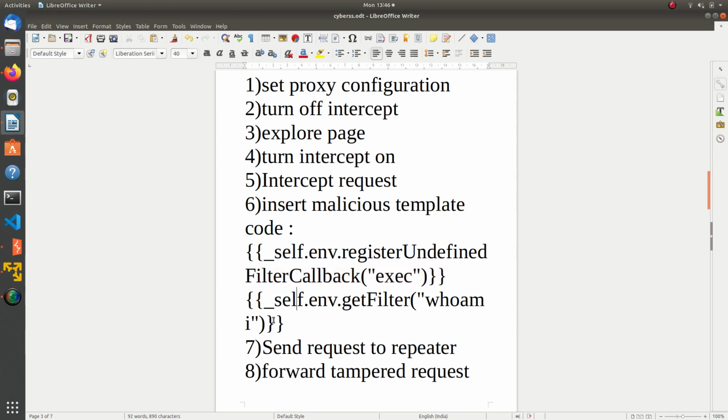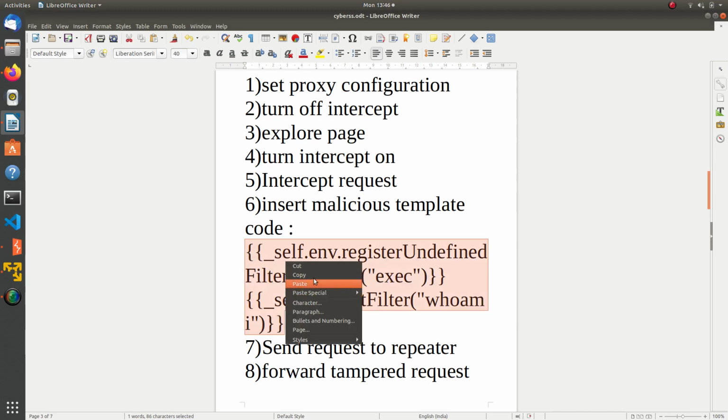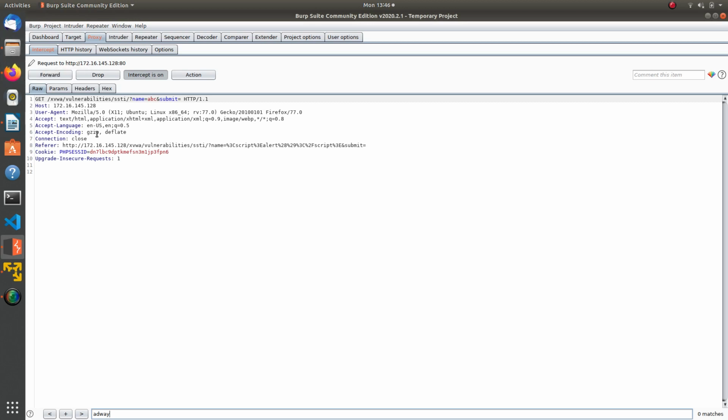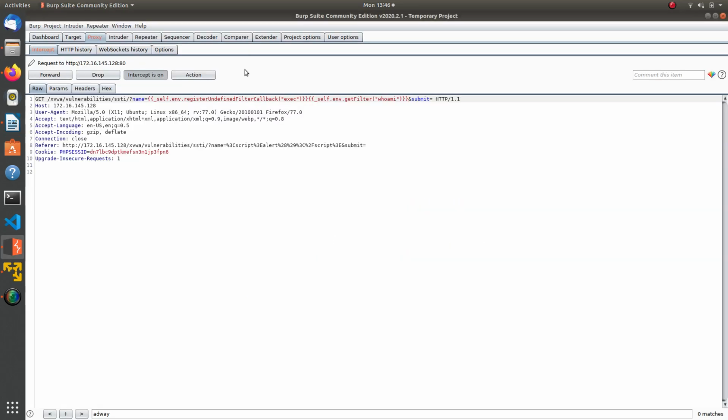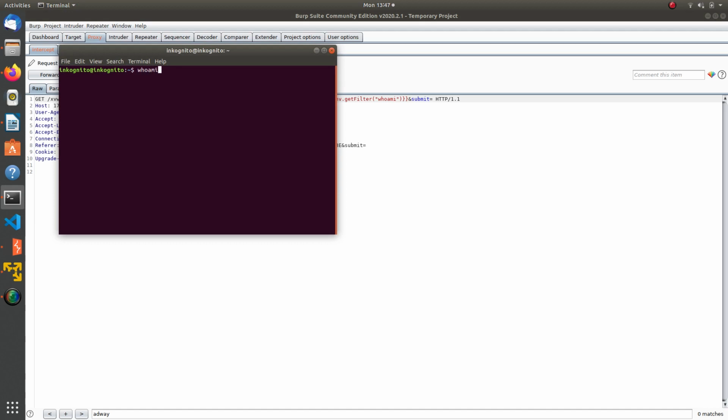So this is the code which I have found works, and they had mentioned that they are using Twig as the engine, and so we found the vulnerability online regarding the Twig engine, and we are just going to exploit it. So we substituted with this, and what it basically is going to do is the template engine is going to go in the self object environment, and it is going to perform exec. If you are familiar with PHP and other scripts, that is execute, and then we are going to perform whoami. Whoami basically gives you who the user is. For example, if I go in my Linux machine and I enter whoami, it is giving me the username incognito.